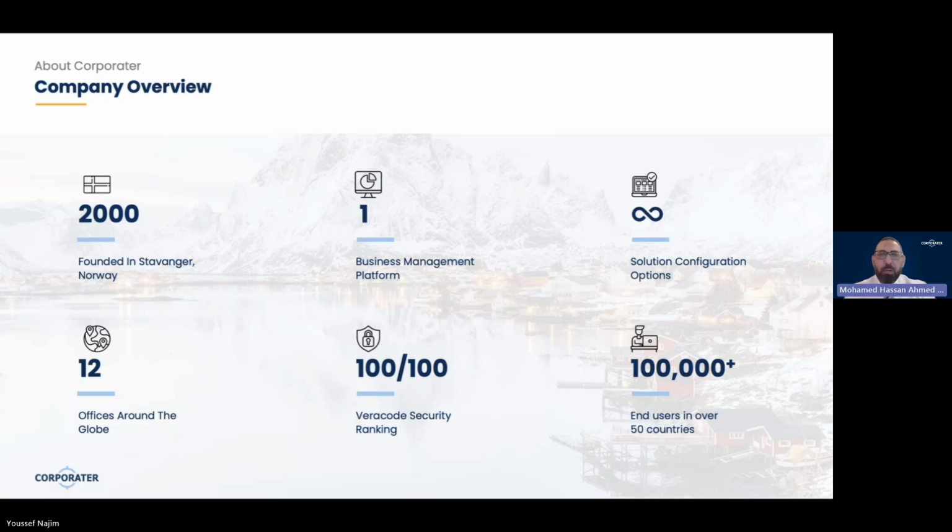Corporator was founded in 2000, and has evolved into a trusted global provider for business management solutions. It's one comprehensive business management platform, which supports the resilience index framework by gathering all components in one place.